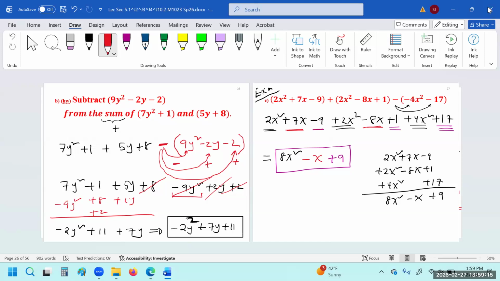Oh, I was supposed to print that out. Yeah. And then take pictures and then upload in a single PDF file. Or if you have a computer, just write everything on your computer or tablet or laptop, and then you can just convert into PDF and then upload. You can write everything here, and then